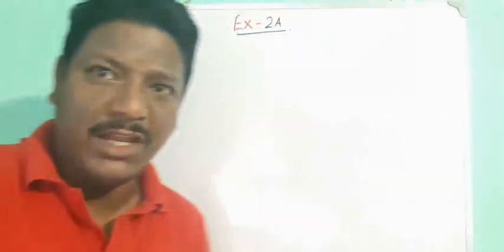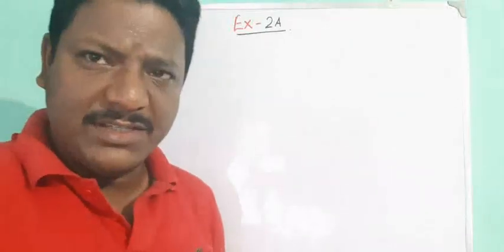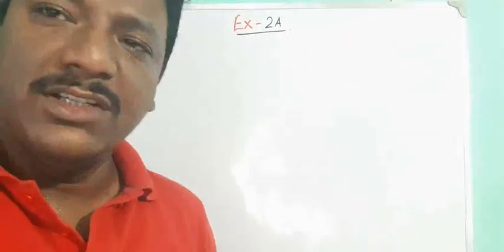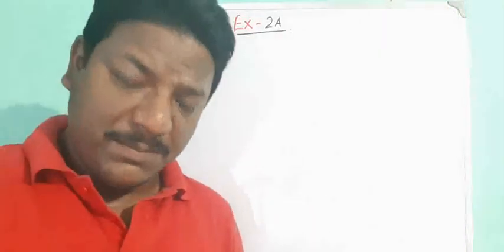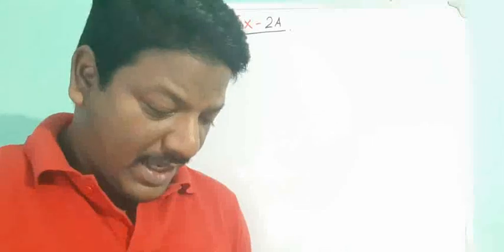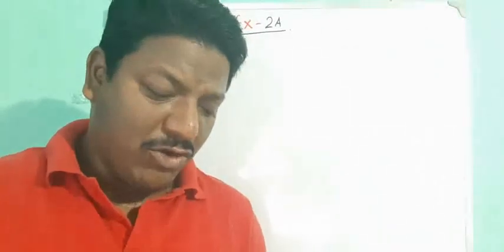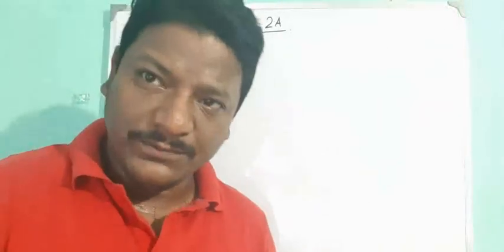Today's class is exercise 2A. As you can see on the board, I have written exercise 2A. Very simple. You have to just find out whether the given numbers are factors or not, and then you have to find out the multiples of the given number, and you will see today prime numbers as well as co-prime numbers too. Okay, so here we go. All the best and follow this.